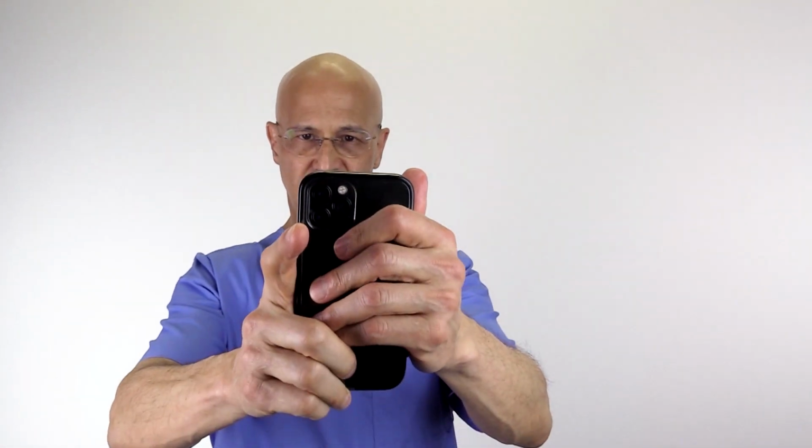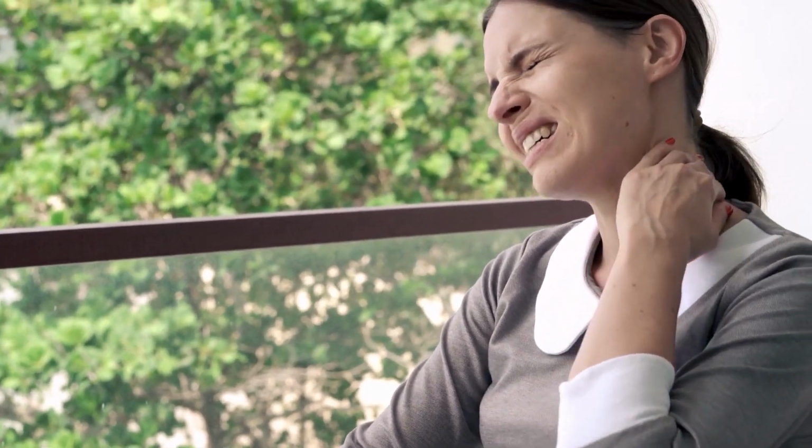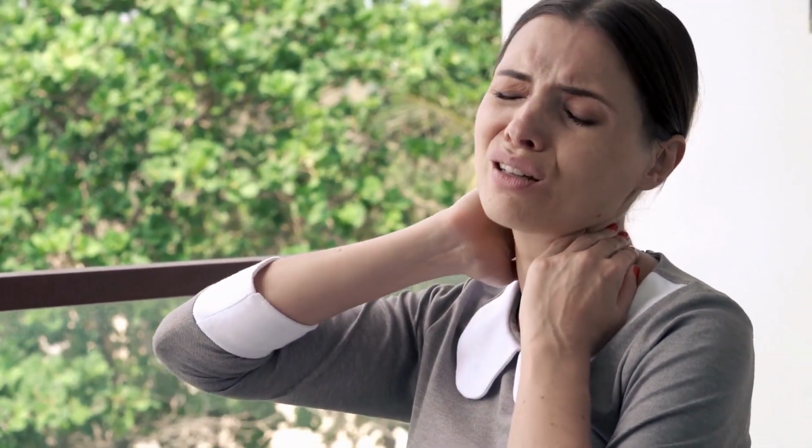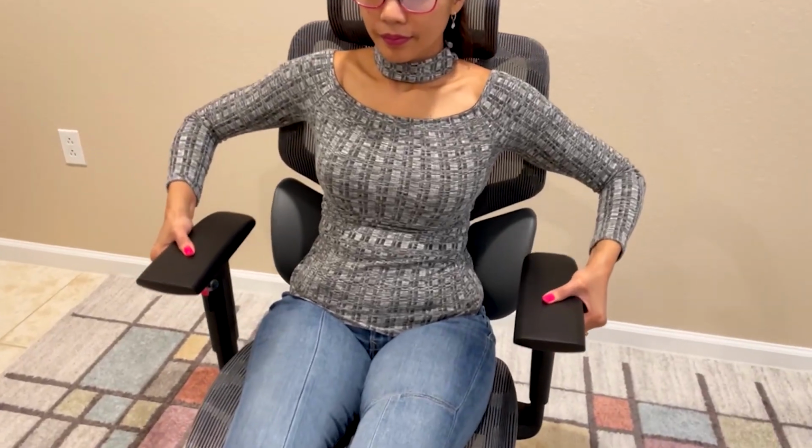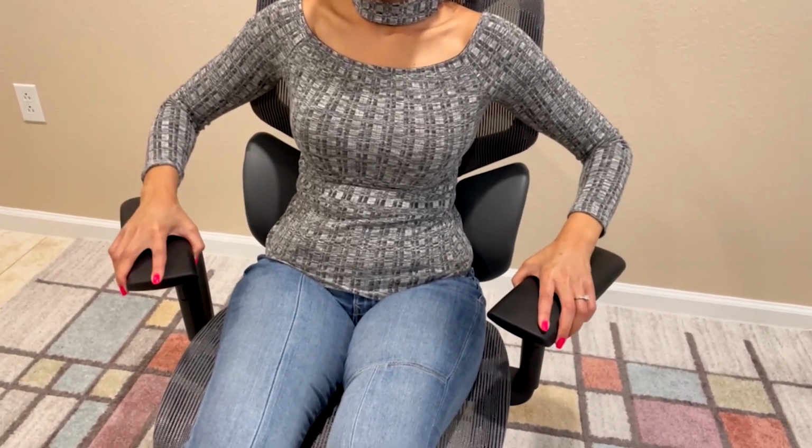And everything is connected from our neck into our shoulders. And if we're spending lots of time when we sit with our arms out in front of us, if we're texting, if we're on our computer, whatever you may be doing, this is going to cause the upper trapezius muscles to continue to contract. The muscles will pull behind the skull, which can cause headaches or even visual problems. So when you're sitting in a chair, it's always best to have armrests that will take stress and pressure away